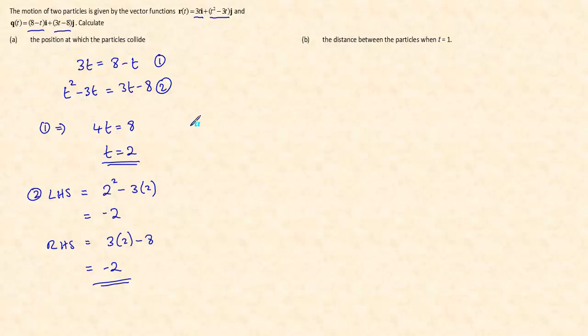So the position vector where they collide is when t is 2, so that would give us 6, and we've already got it from here, negative 2. We now want the distance between the particles when t is 1, so let's look at r of 1. That's going to be, substitute 1 in for t, and that would be 3, and 1 take away 3, so that would be negative 2, and q of 1,